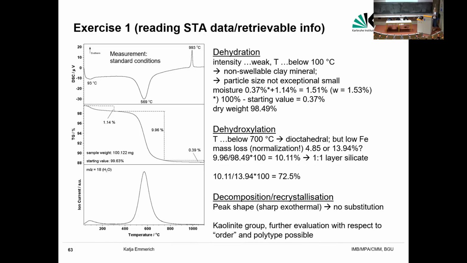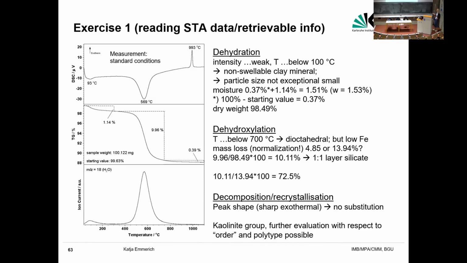If the mass loss is larger than 5%, or 4.85 for the 2-to-1 layer silicate, this indicates that here we see a measurement of a 1-to-1 layer silicate. To make it even more correct,